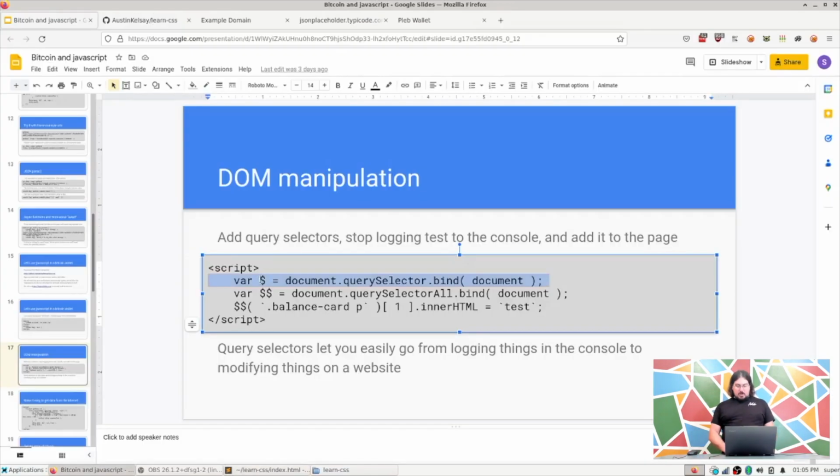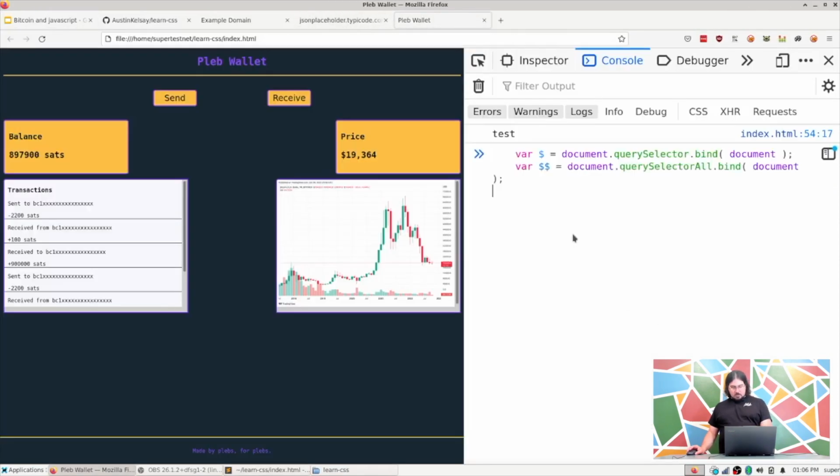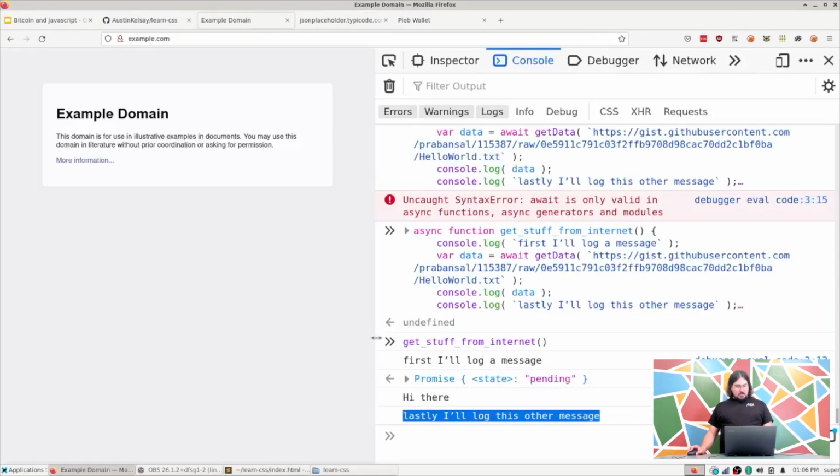And so these jQuery people came up with a simplified way of doing this, using these dollar signs, which aren't used for other things in JavaScript. So they repurposed them for getting information. Basically, we would create these two variables called query selectors that are bound to this document, so that the browser doesn't use them for things in other parts of the browser. And if we put these in our code right here, this allows us to get items in our document using this